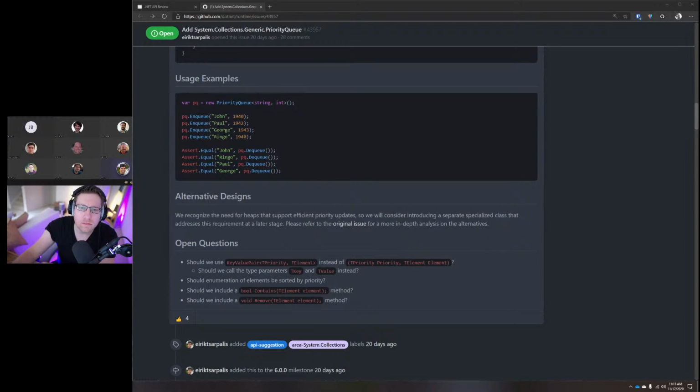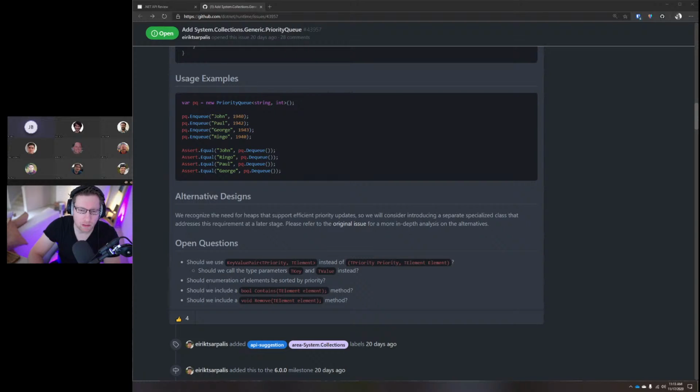I think the only problem with both contains and remove is that it starts the conversation about whether we should make the constructors optionally accept an IEqualityComparer for the element. And personally, I don't want to go there. If we added contains, it should optionally take the IEqualityComparer. But until we have a solid scenario for why someone would want it, and it's just a linear scan, going through the unordered elements property seems like you can solve your scenario with essentially the same perf. Mm-hmm. That's true.